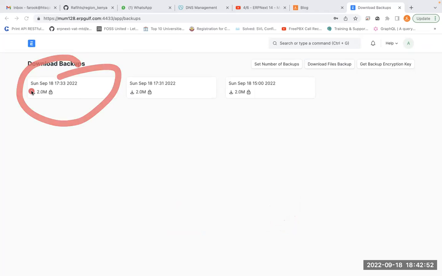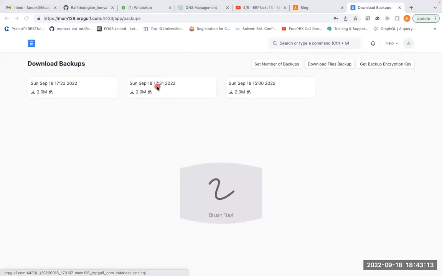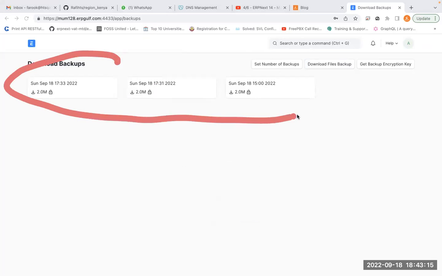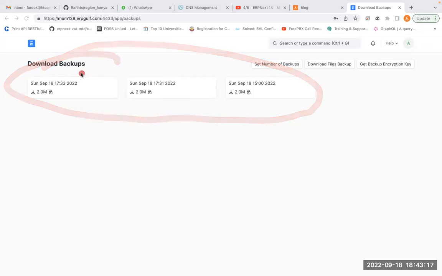You always take the latest backup and keep it in the vault, not on the same server. Keep it outside, so even if the server crashes or something like that, you have something. All the data that you have entered is here. Once you have these files here,